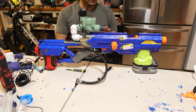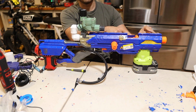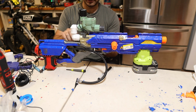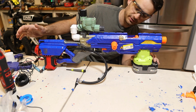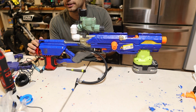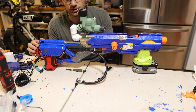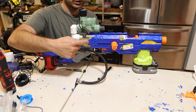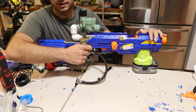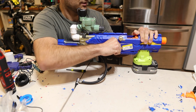All right, the way I have this wired up, 18 volt Ryobi battery up here in the front. Wiring is going towards the back. It splits off into two switches. So the primary switch here, let me turn on the battery first. Primary switch here, if you can hear the relay go, or the solenoid. So that's the valve opening and closing right there. The secondary switch is actually behind the breech. I put it inside behind the breech, so when I cock it and pull the breech back, it should...